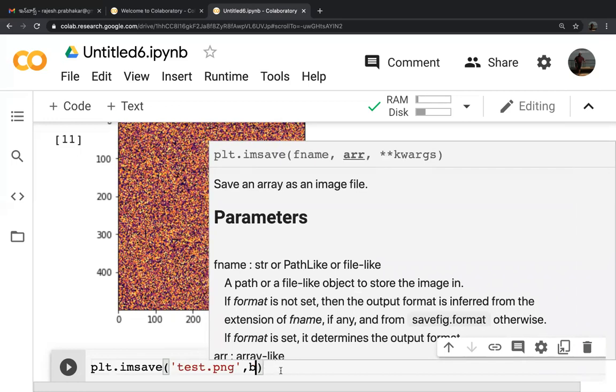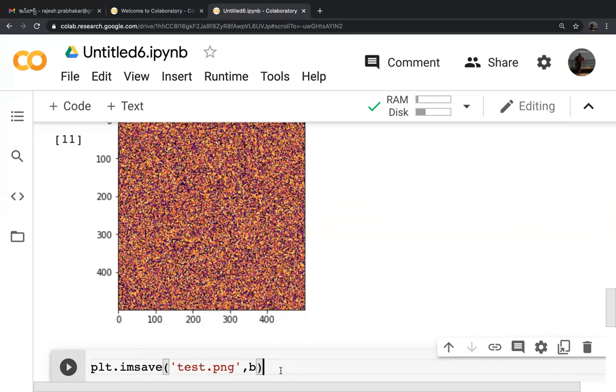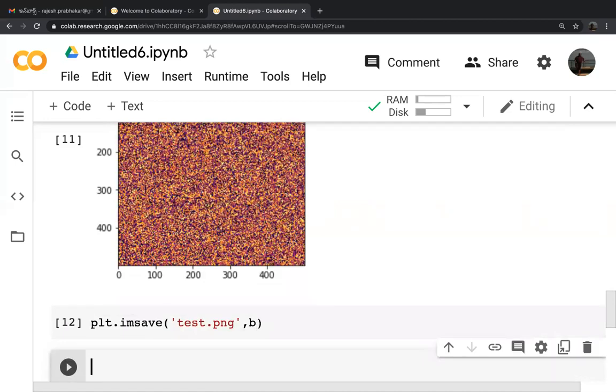So plt.imsave test.png. If I go to my Google Drive, I will see this image saved there. The same image will be saved in that Google Drive.